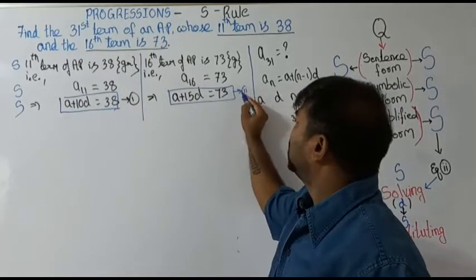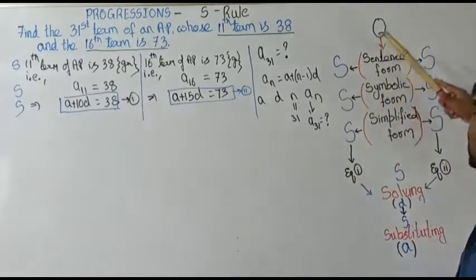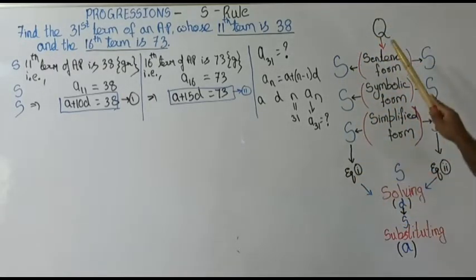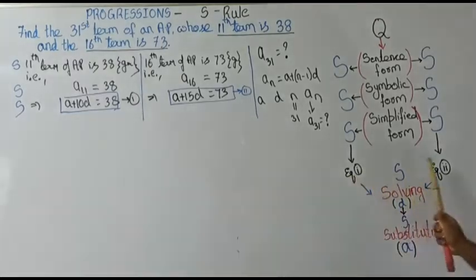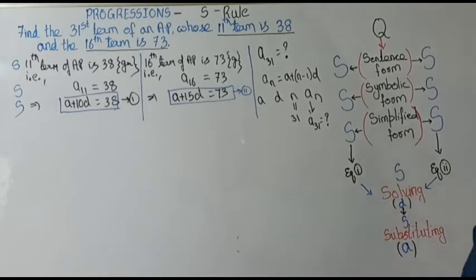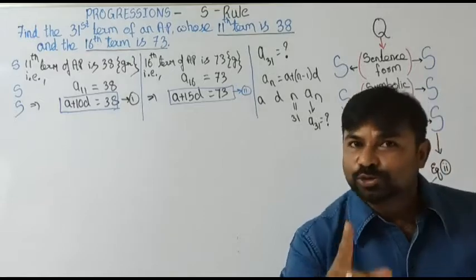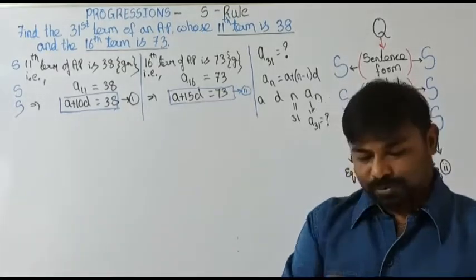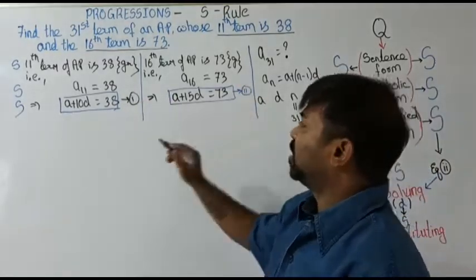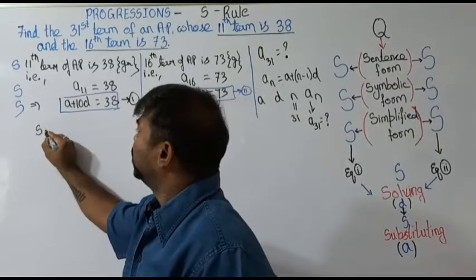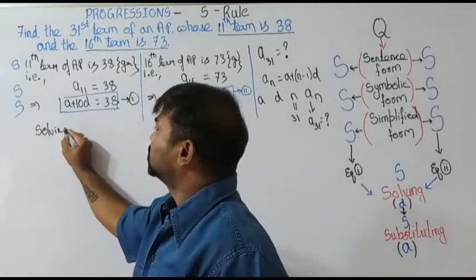As I said earlier, if you go in the first direction, we get equation 1. If you go in the second direction, we get equation 2. First and second equation, again one more S: solving equations 1 and 2, by subtraction. We got equation 1 and equation 2. Solving equations.